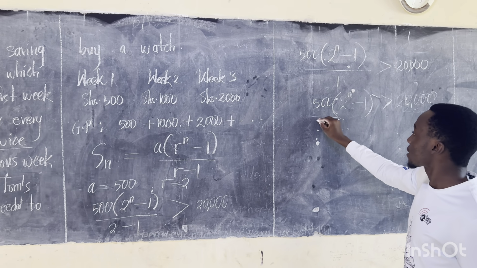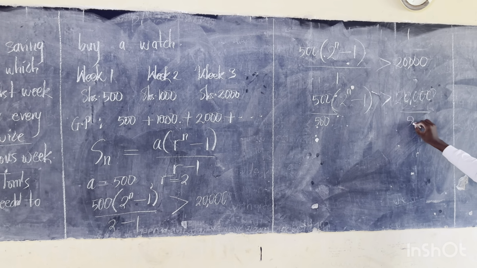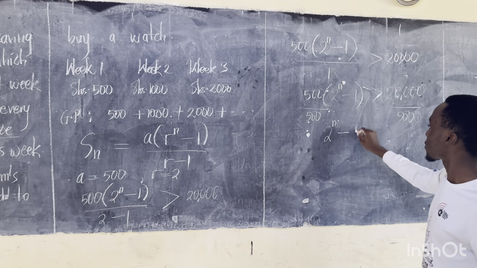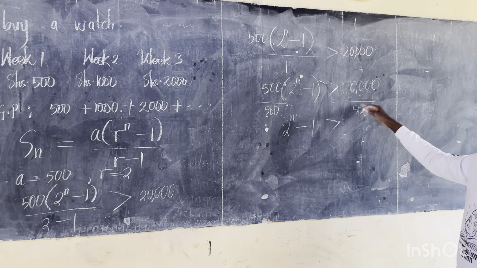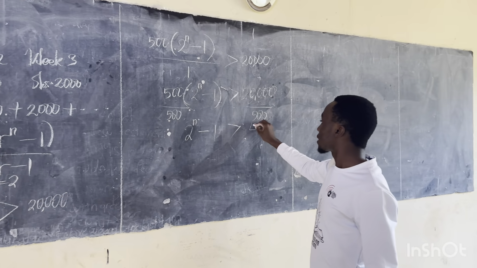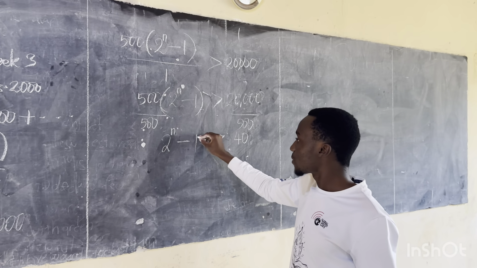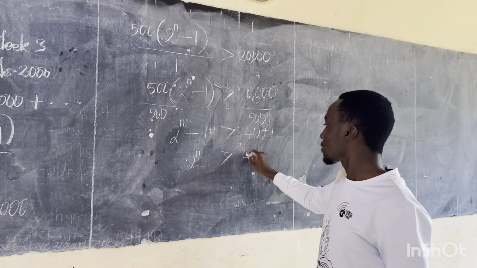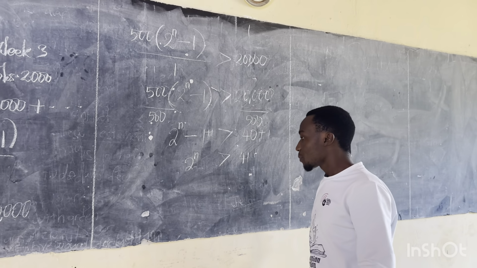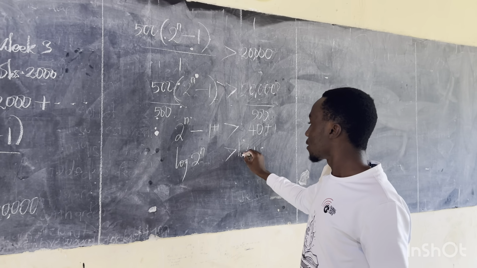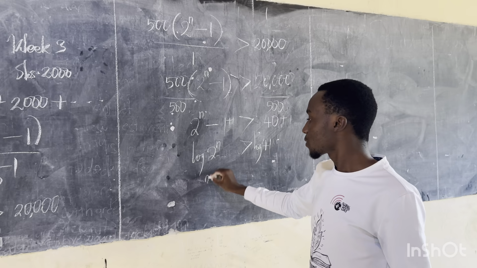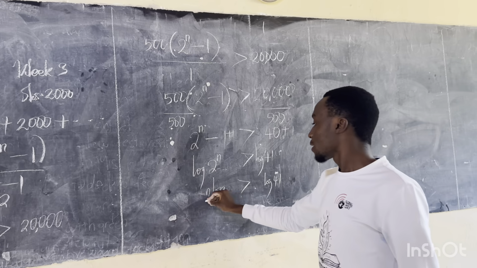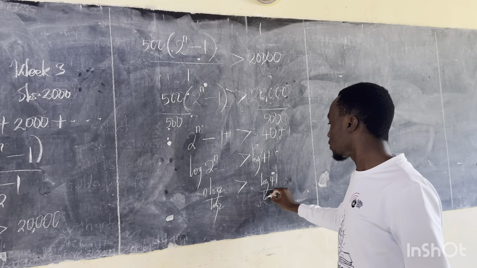By dividing both sides by the 500, which is a positive quantity, we shall get 2 to the power of n minus 1 being greater than 40. And finally, plus 1 on both sides, so our 2 to the power of n will be greater than 41. From here we shall apply log to base 10, and our n will drop, so n log 2 will be greater than log 41, and dividing by log 2,